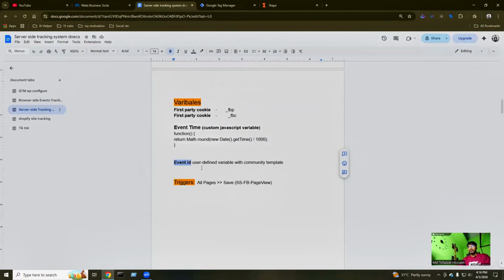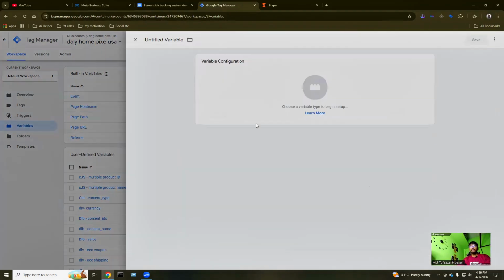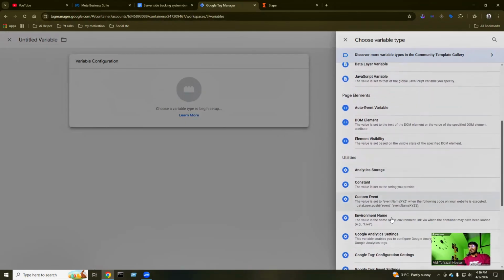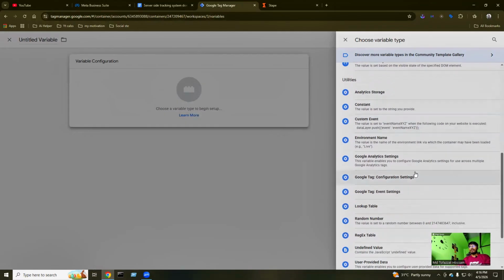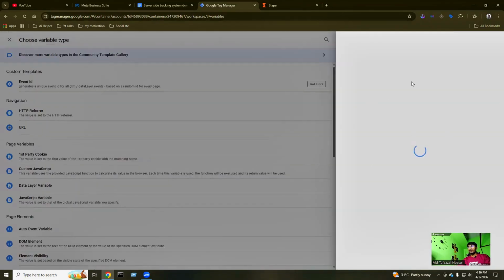And okay, we need another user defined variable with community templates. Oh yeah, we need event ID, so we have to search and go here and press new. We need event ID, and you cannot find event ID in here because when you first create this server or browser container, you cannot see this event ID here because we need to install this. So when you don't find it, you have to go to this one, template gallery. Press template gallery